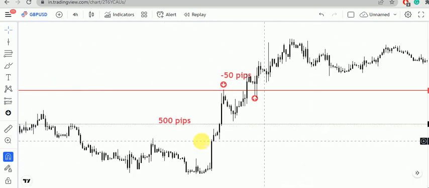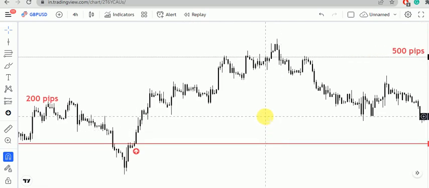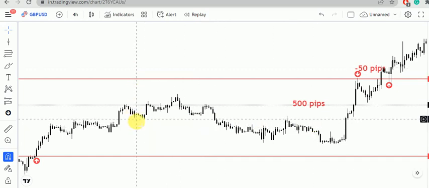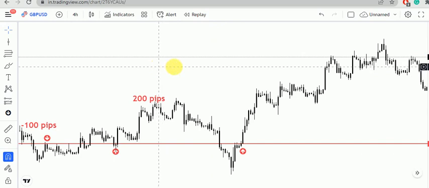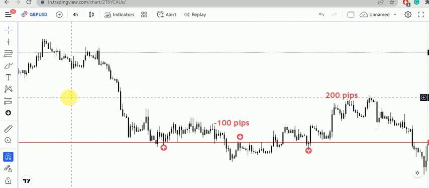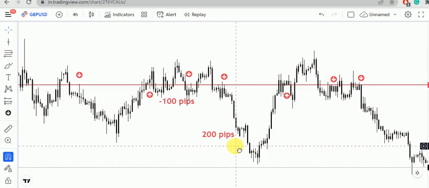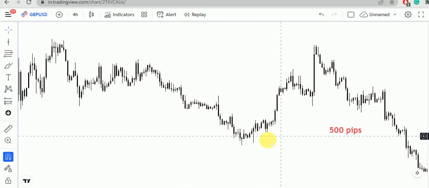That's it. So this way we have lost a net of 250 or approximately 300 pips. We might have lost around 300 plus pips. The net profit is more than 3000 pips. If one mini lot is traded, the profit is 3000 USD. Right. So without much hesitation, without much pressure,